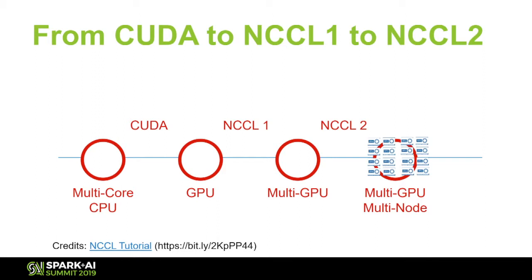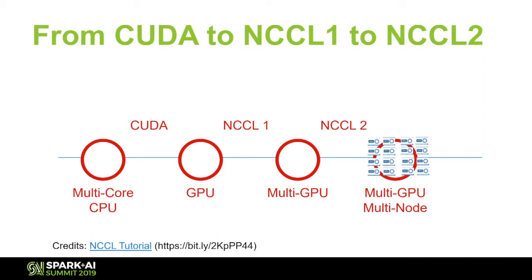So with all these interconnect options that are available, the question that one might come up with is, does one have to implement code taking all these different interconnect options into consideration? The good news is no. As end users, we do not have to think about all these interconnect options and implement code that takes care of when to pick what or how to make use of one particular option. That is already abstracted out and supported in this thing called NCCL. It stands for NVIDIA Collective Communication Library.